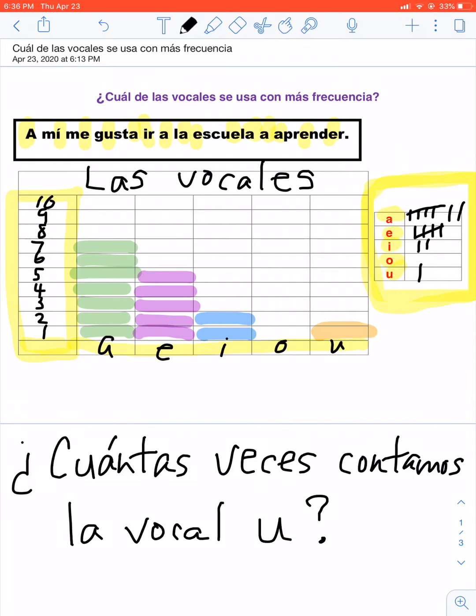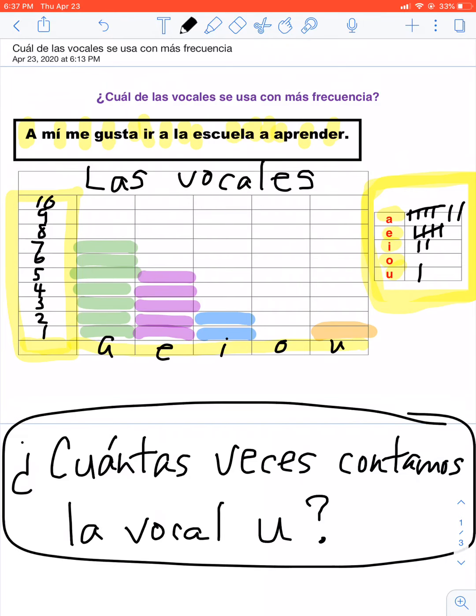And that's it. So when you go to do this on your own, that's the exact process you're going to do. So right below this video, it says tu turno on the learning page, and actually it's going to be a different sentence, but you're still going to be counting the vowels, and you're still going to make the bar graph, and you're going to still try and come up with one question on